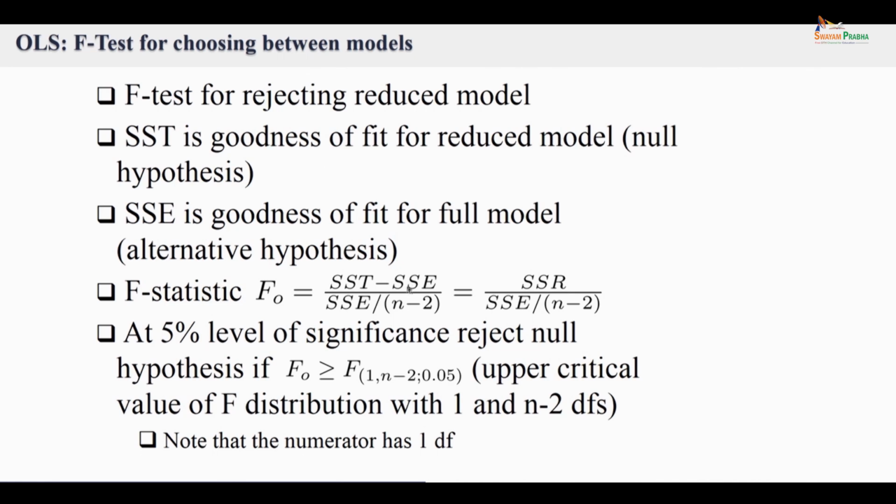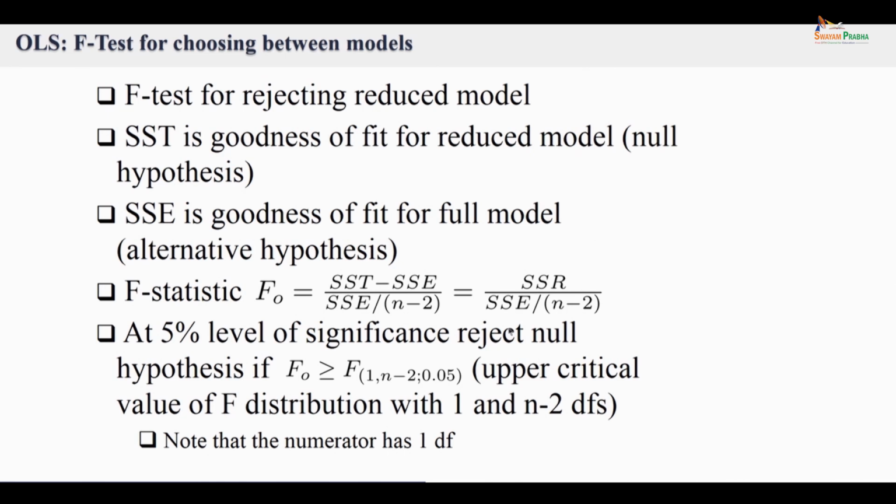So, the numerator, which is SSR, has only 1 degree of freedom, which is n minus 1 minus n minus 2, whereas the denominator SSE has n minus 2 degrees of freedom because it has two parameters which are fitted. So, we are dividing the SSE by n minus 2, the number of degrees of freedom. So, average sum squared errors per degree of freedom, that is what we are saying, and that is your normalization. SSR divided by this normalizes this quantity, and we can show formally that it is an F statistic because